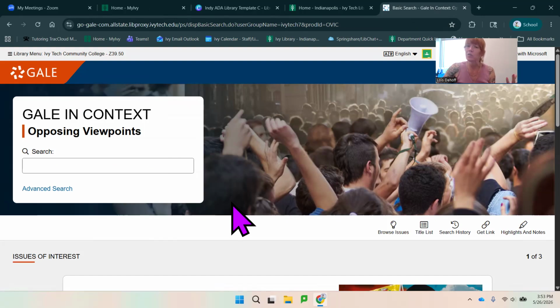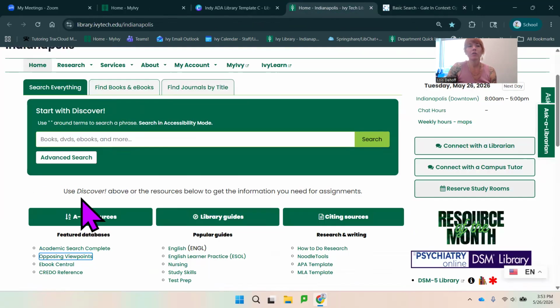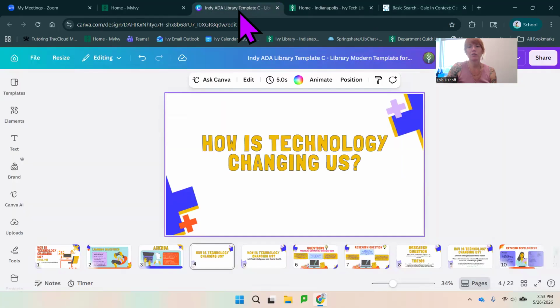At the very least, it's going to provide you with some background information, and at the most, you could actually end up getting some sources alongside a rich background that's been provided for you. So when we're here, we have this opposing viewpoints, which once again can be found on A to Z resources. And once you're here,